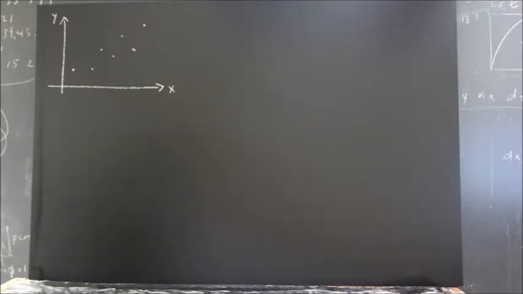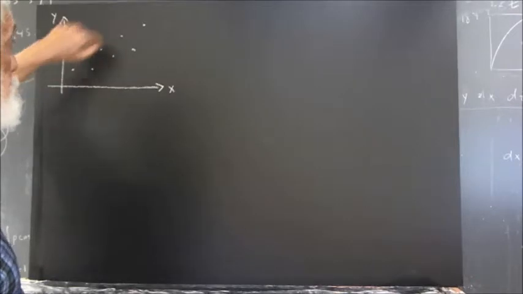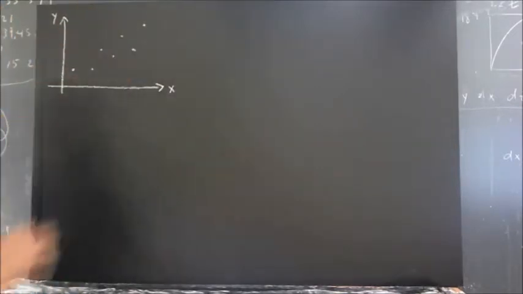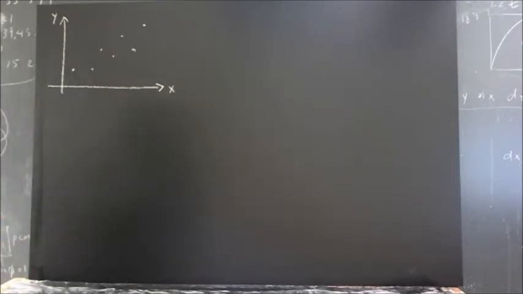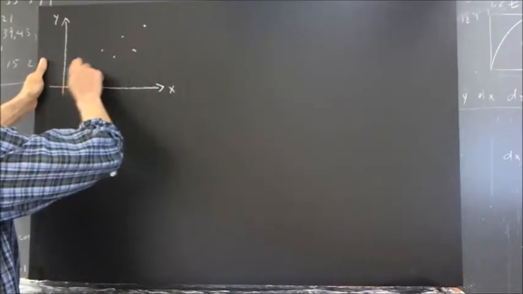Now, often what people will do, if they have a bunch of data points, is they'll simply make a line from the first point to the last point. And I'm going to demonstrate in terms of this picture why that's not the best way to get a good straight line that fits the data. So if we do that,